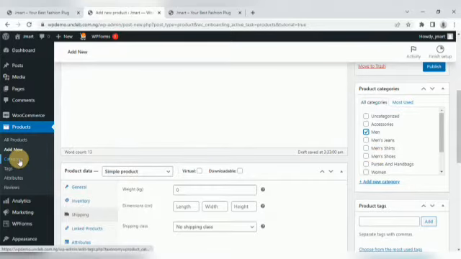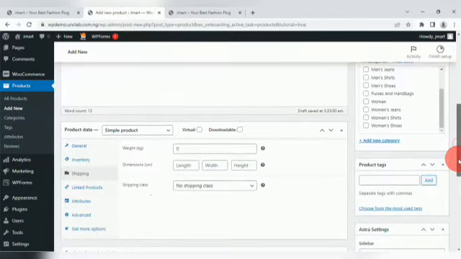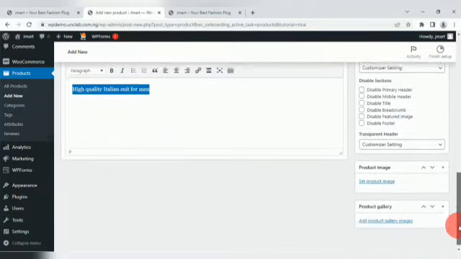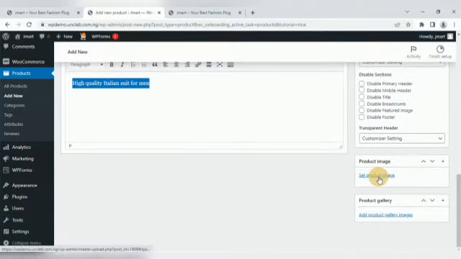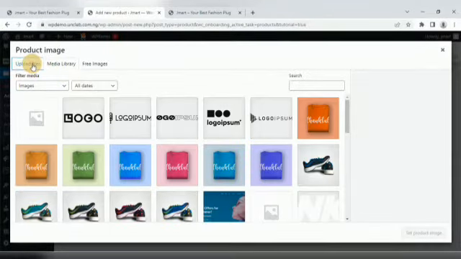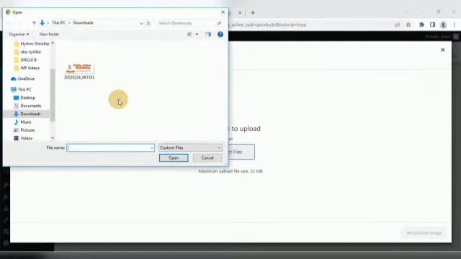How do you do that? Come to categories here, and then you see the categories, and then you delete them. So for me, I'm going to use this, or you can leave them and add more if they are useful for you. So I'm choosing men, and the next thing I'm doing here is to go ahead and put my product image. So I select set product image. I'm not going to the library because it's not there, so I'm going to go to upload file, go to my computer,